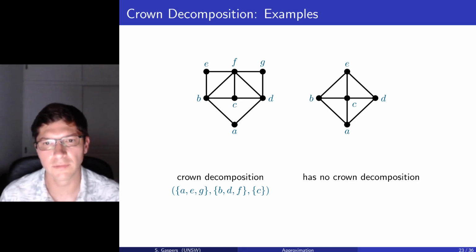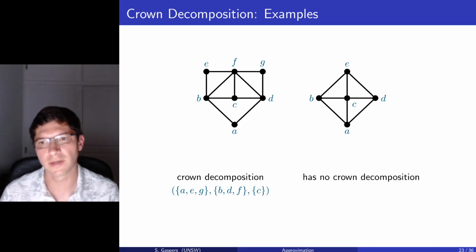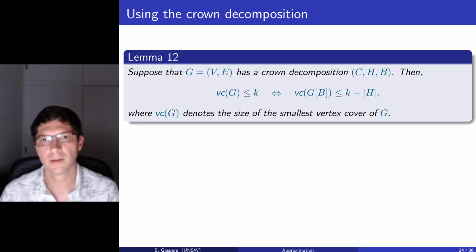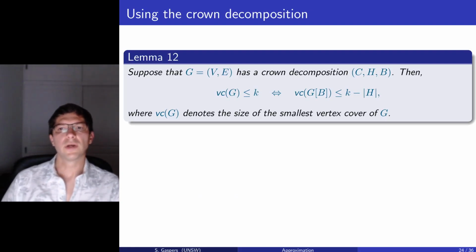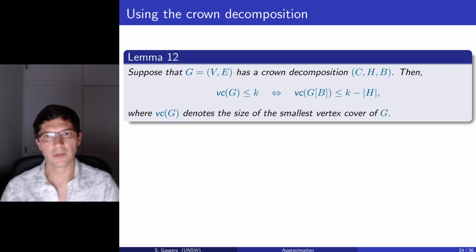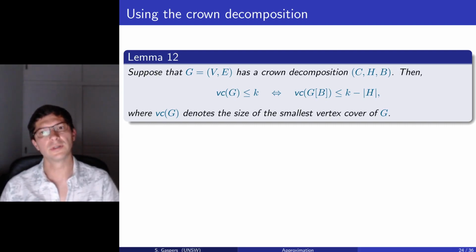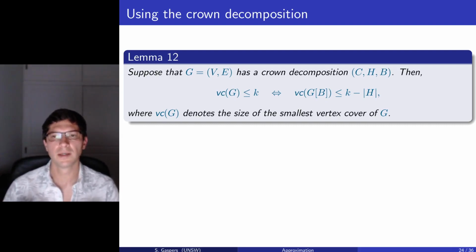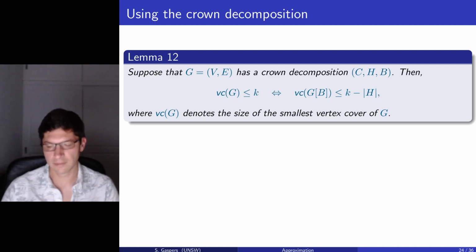So on the slides here I gave a different crown decomposition for the first graph, and we observed that the second graph has no crown decomposition. Okay, so I claim now that if our polynomial time algorithm has actually computed a crown decomposition, then we can apply a simplification rule. And so I'm saying that